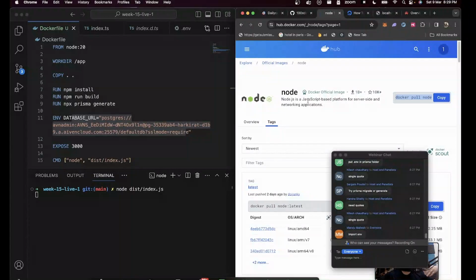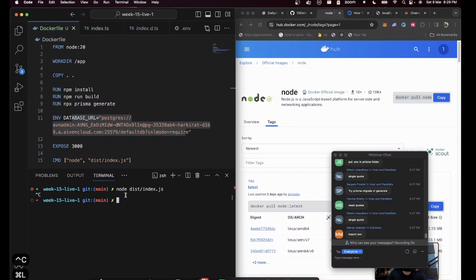And this is basically the question: do you want your secret to be part of your image? It depends. If this specific image that you're pushing to Docker Hub is a private image, you probably can do it. You still shouldn't do it. You should pass your environment variable during execution. When you start the image is when you should inject the environment variable.